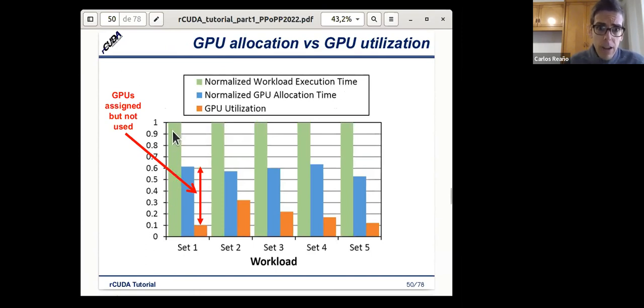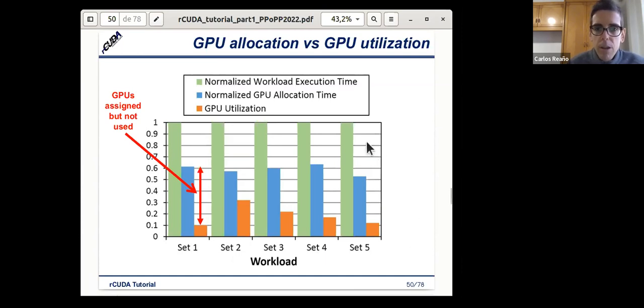We can see the time in which the GPU is allocated to this workload, and in orange the actual utilization of the GPU. As you can see, for the different workloads we have, the actual GPU utilization is very low. The time in which the GPU is allocated to an application is higher, but it's also not all the time.